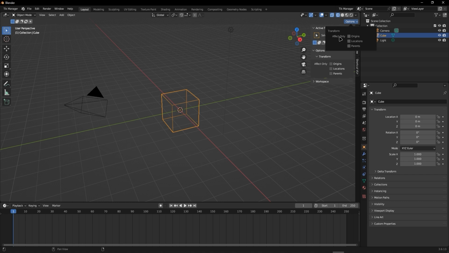As for origins, you can change origins, scale those, rotate those by clicking here. You can change the location of objects, and you can change the relationships between objects, or modify the parent relationships, the parent only. These are more advanced options, but don't get too into that. So we will discuss